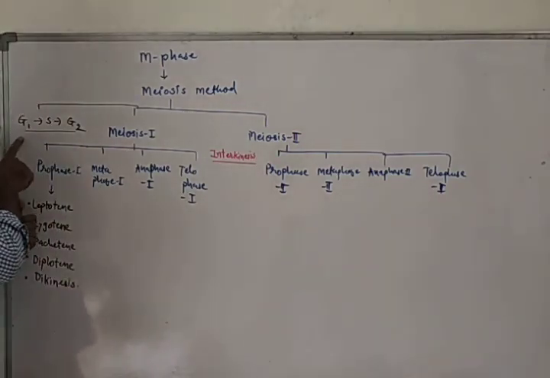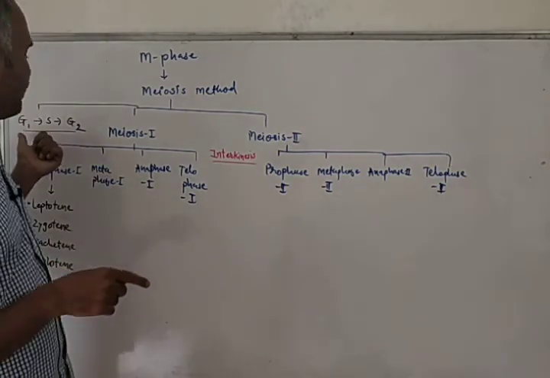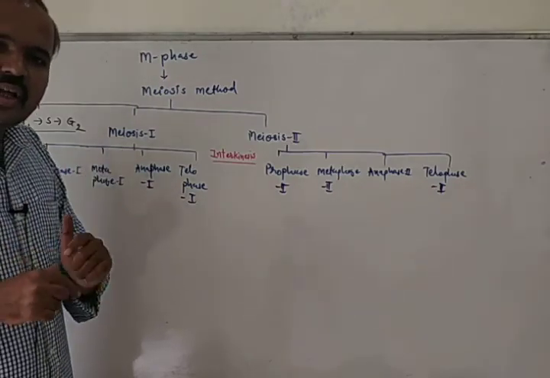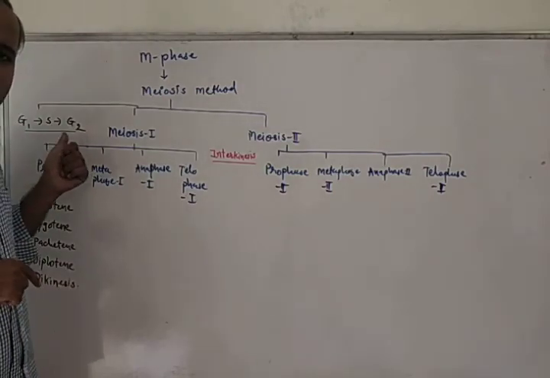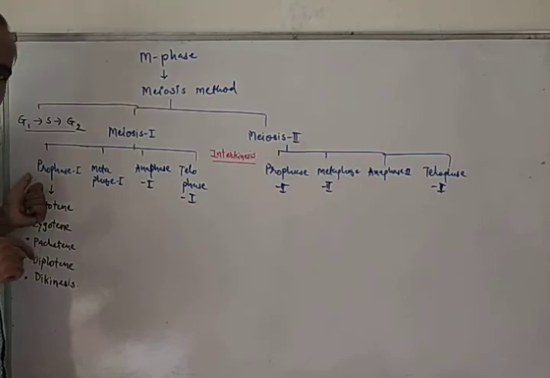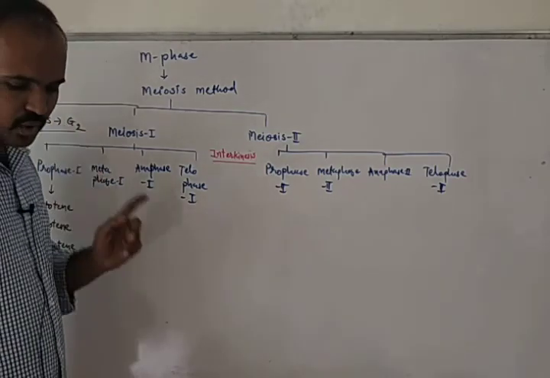We have drawn the figure of G1, S and G2. You have already drawn the figure of G1 phase, S phase and G2 phase. Okay, so today we are not going to draw all those figures, because we have already covered G1, S and G2 phase and we have drawn the figure also. We will directly start with prophase 1, and in that also we will start with leptotene. So let's learn the prophase 1 of meiosis 1.